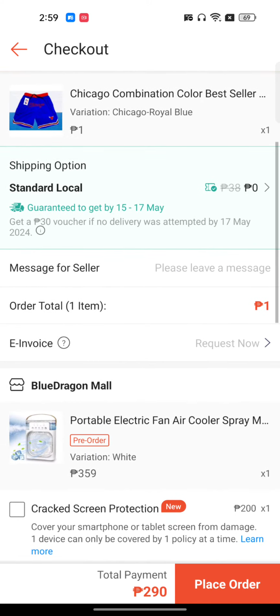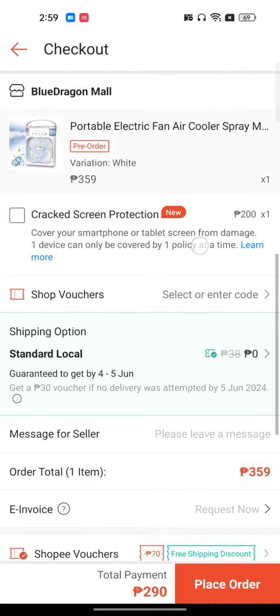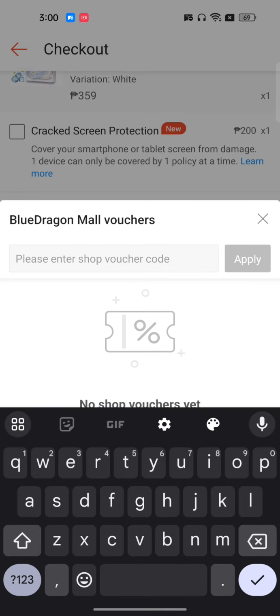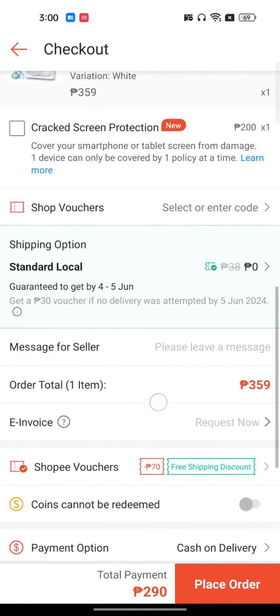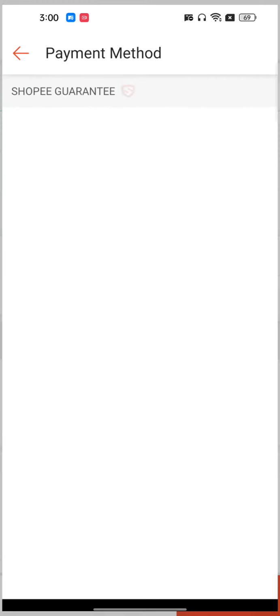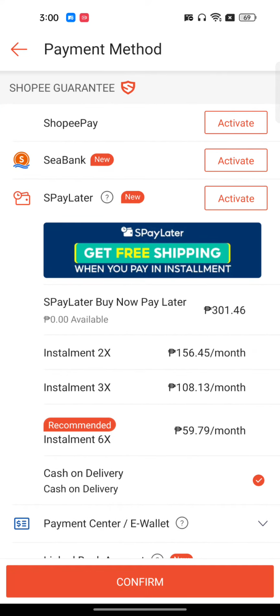check out. So this is my product here, and if I scroll a little bit down, you can use a voucher, but make sure you use only those vouchers which are compatible with your purchase, right? And here you can see there's another option which is called payment option. This is a very important method because this is the only process where most of the checkouts fail and it shows